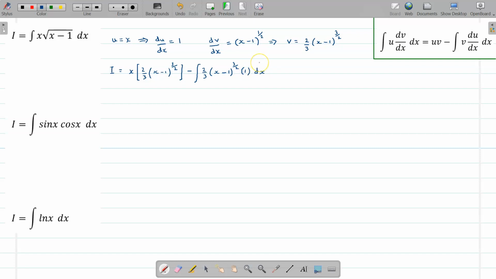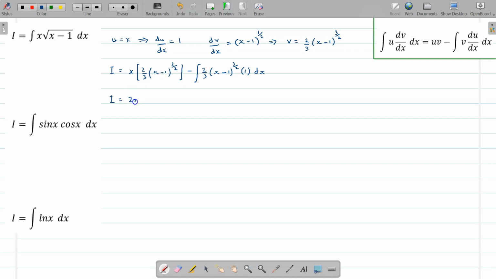Now it's important, especially when you start out with this, to set all your working out fully and clearly, because very often people go wrong, especially with this minus sign in front of the second integral. All right, so that's the first step. Now we're going to tidy it up a little bit because we've got to integrate this again. It's a similar process to what we did up here, but let's just write this part down first. So I is therefore equal to